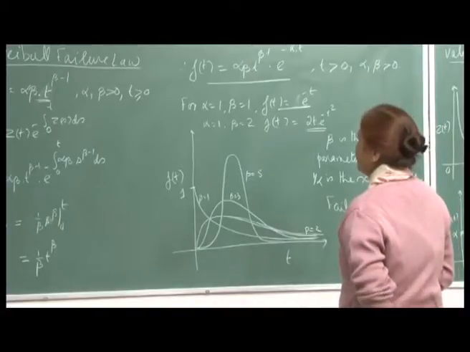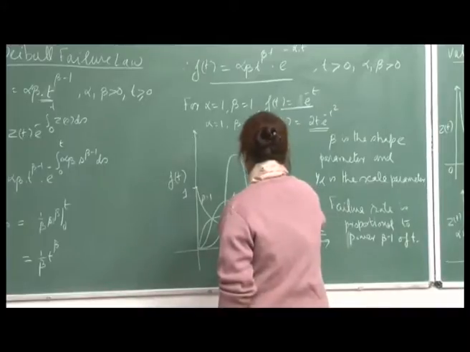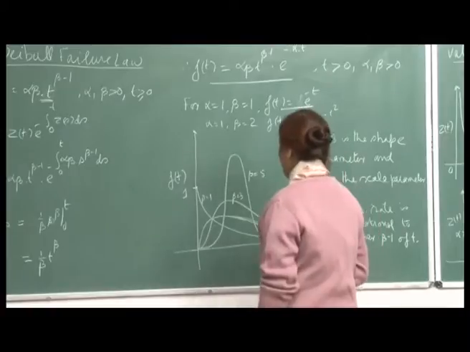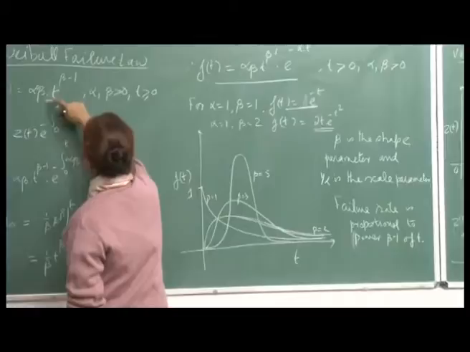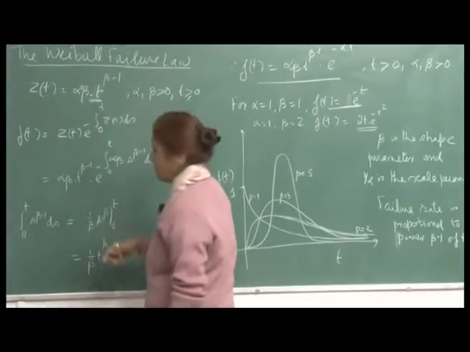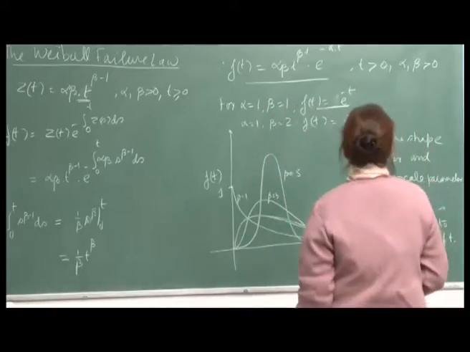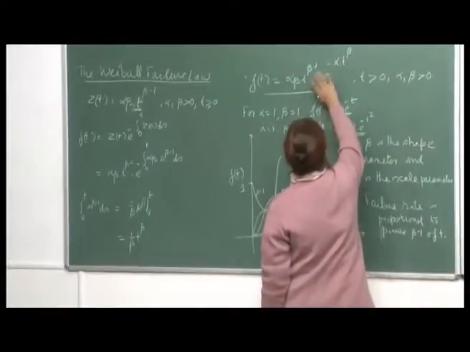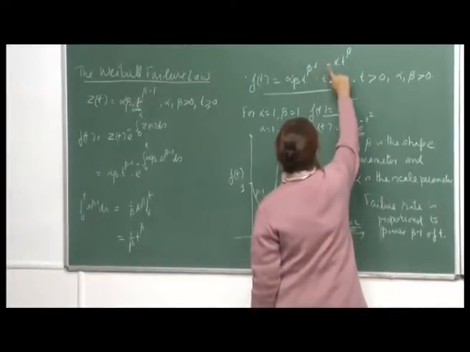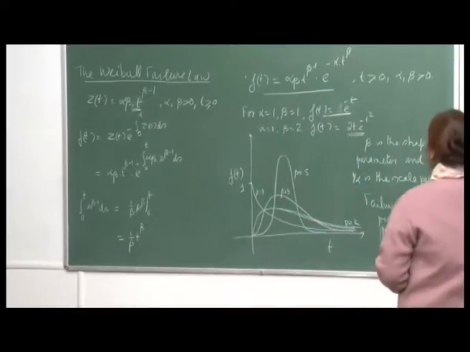Okay. Then for beta equal to 3, for example, I have drawn the picture here also. So, this starts taking a bit more bell shape, and beta equal to 3, alpha equal to 1 will be 3 times t square. That means z t is a quadratic function of t. Okay. And correspondingly when beta is 3, this is t square and then e raised to something, right. So, quadratic into exponential function.